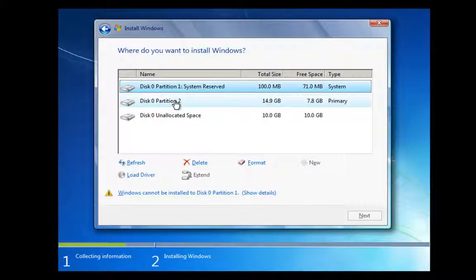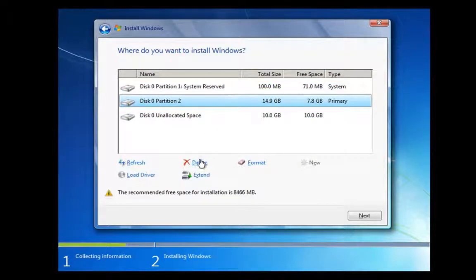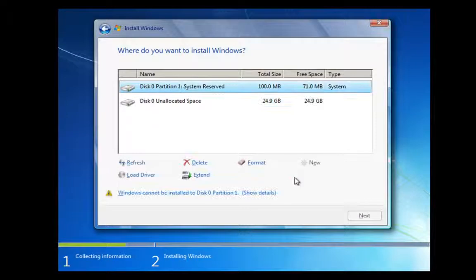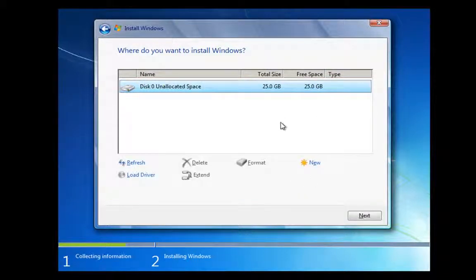We're then going to go to the next partition and do the same again. So we've got partition 2, it's just shy of 15 gig there. So we're going to hit delete. Again, the warning to make sure that you've backed your files up. And then we've just got this one partition left, which we're going to delete. Click OK. Now what's happened is we've got one big unallocated space of 25 gig,